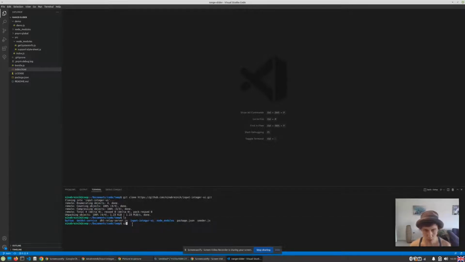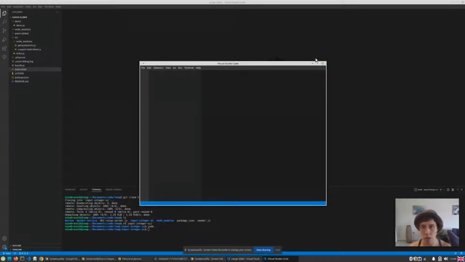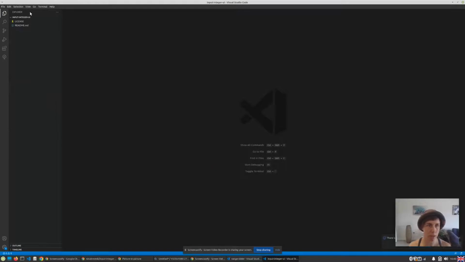So let's go into this folder. So cd input integer. If you don't want to type the whole thing, you can just type the first 2 letters and click tab, and it will finish it for you. So we are in input integer. Let's open this. We do this with code space dot, and it will open the whole folder in a new editor. So our input integer has license and README files, and we will now add a new one called